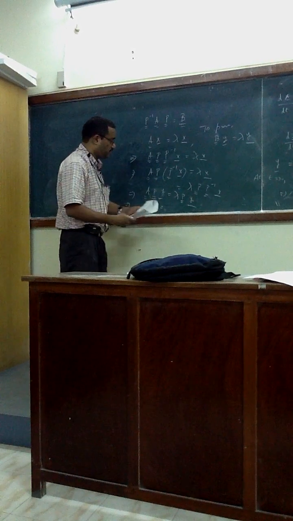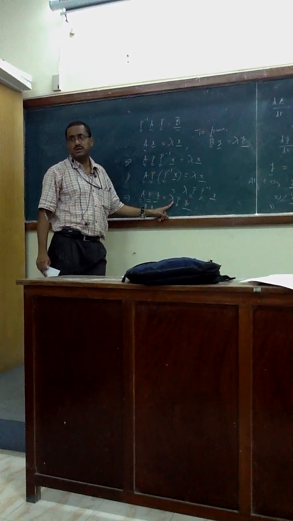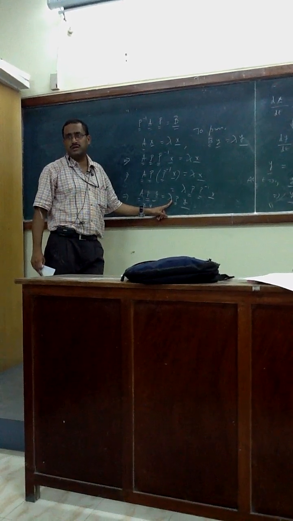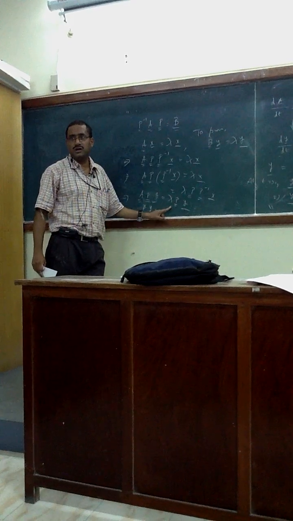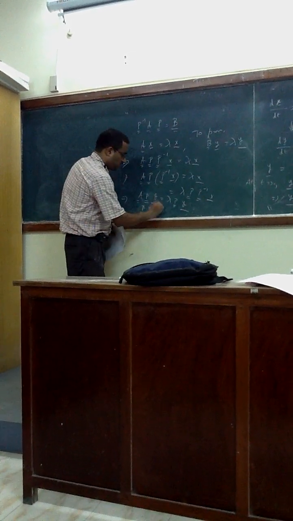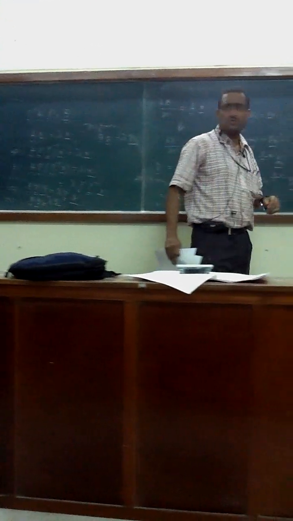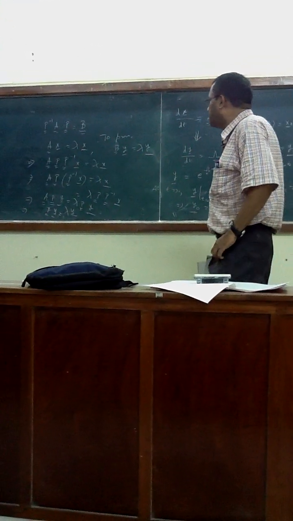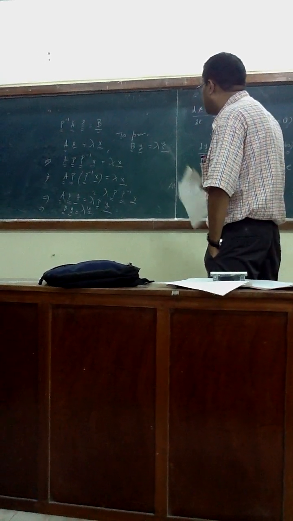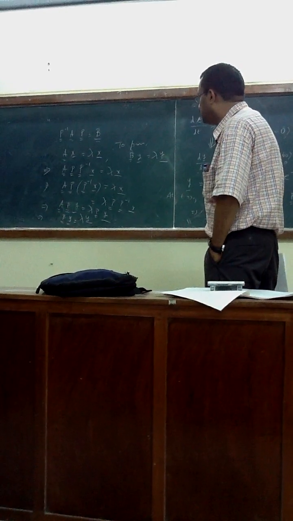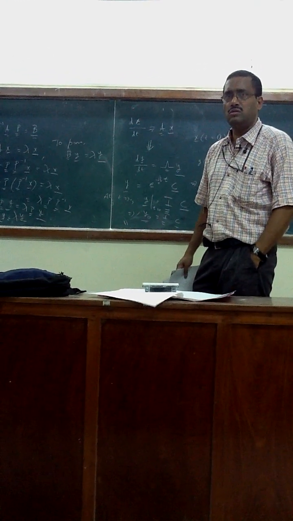Since lambda is a scalar quantity, you can write P inverse P, and for any matrix, the inverse multiplied by it will be the identity matrix. It will be I. If you multiply the vector, you get the same vector. You will get lambda y. So with that, if P inverse AP equals B, you can actually see that By equals lambda y. Right? Formula is clear? Yes or no?